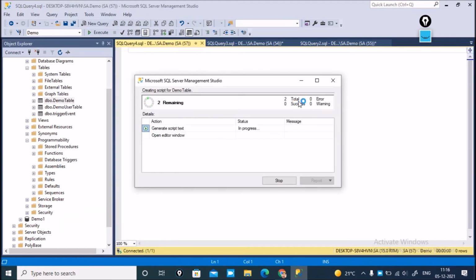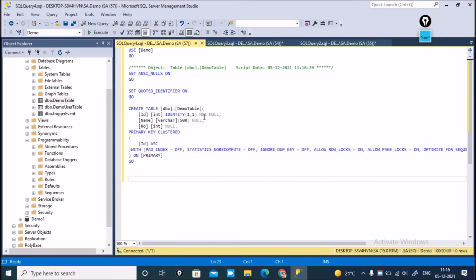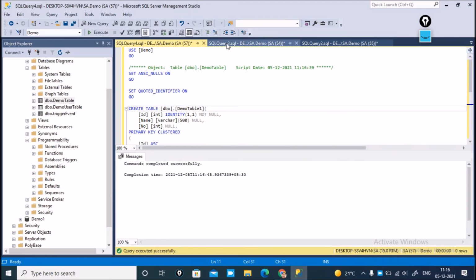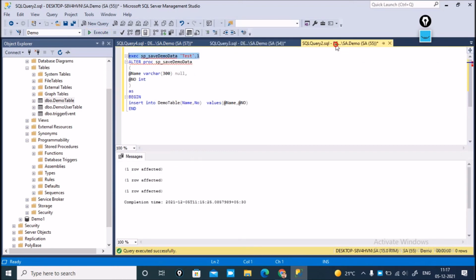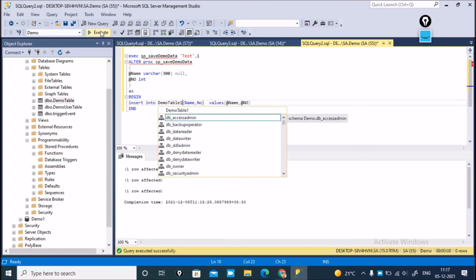Okay, 1 second. Right, I'm just going to create a demo table 1, and create a trigger on demo trigger 1, on demo table 1, I have created it like that, and just change here in this SP to demo 1, right.